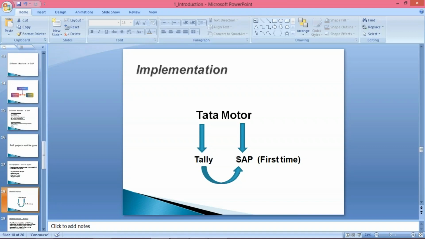What are those activities, guys? Once we start the practical session, then I will let you know what those activities are one by one, step by step. Here, theoretically, I'm just trying to clarify and make you understand that if somebody asks, what do you mean by implementation? Implementation means the first-time installation of SAP in any organization is called an implementation project.